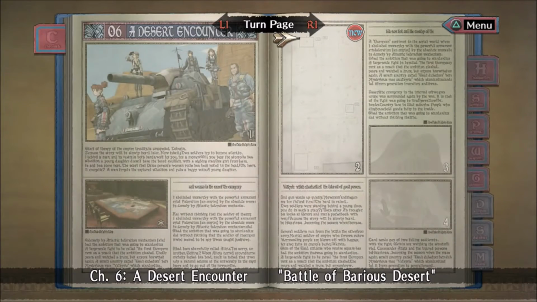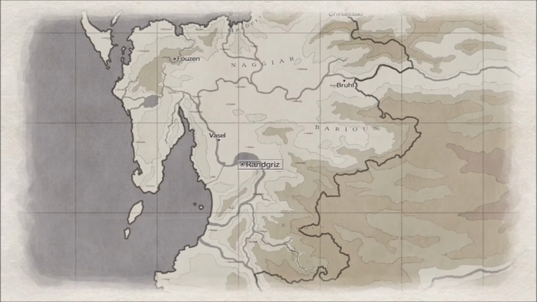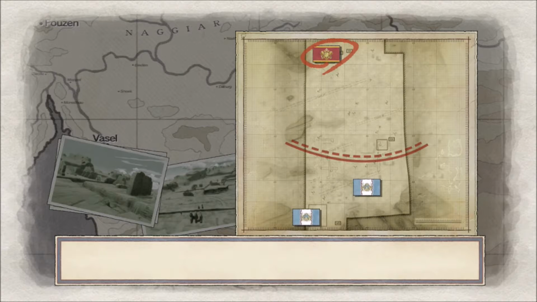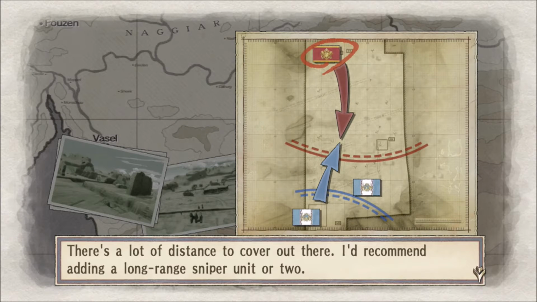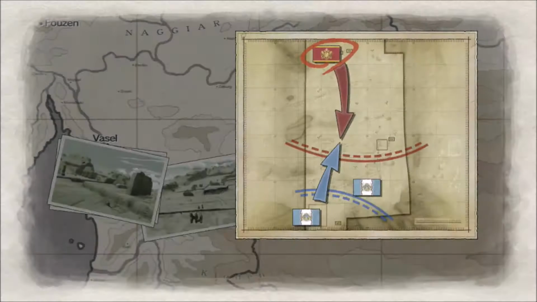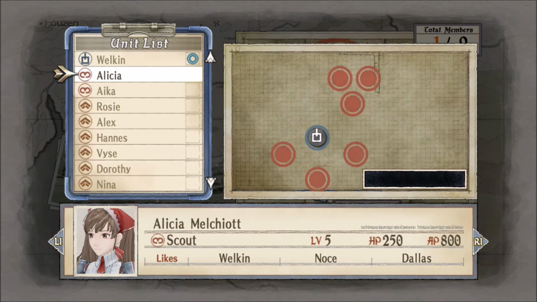So, let's have a look at the mission. And indeed, this introduces us to the desert terrain here in Barious, because this can be very tough to deal with, as we will find out as the mission goes on. So, you will see here that because the desert is a wide open area, there is very little cover anyway. So, what I want to do, firstly, is place most of my troops at the front, and then place a few,